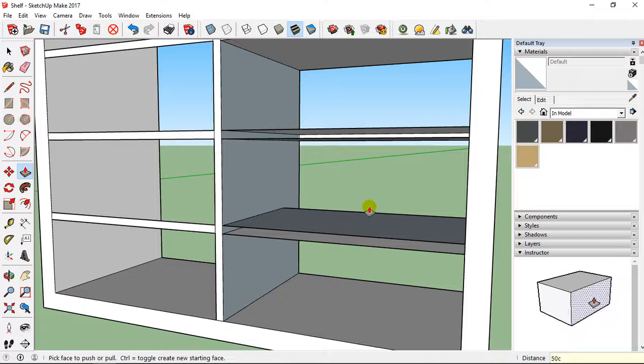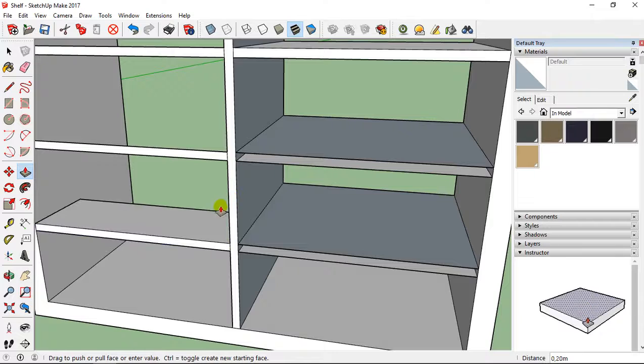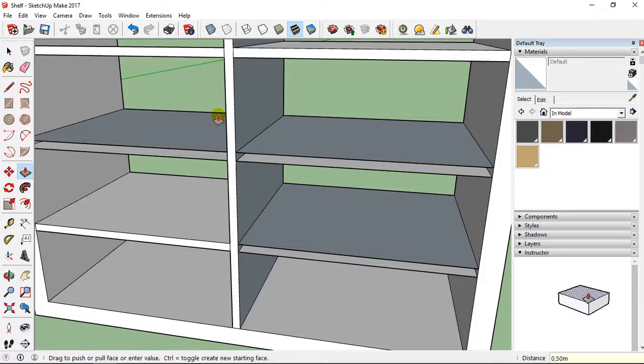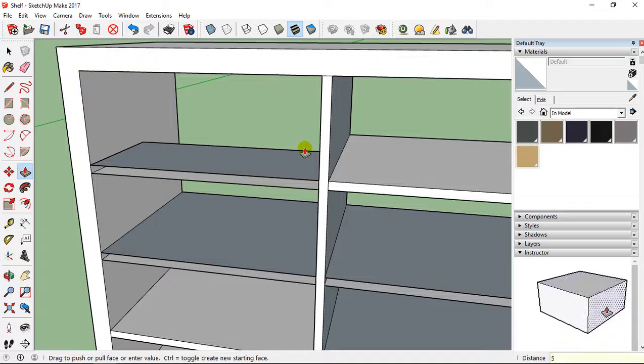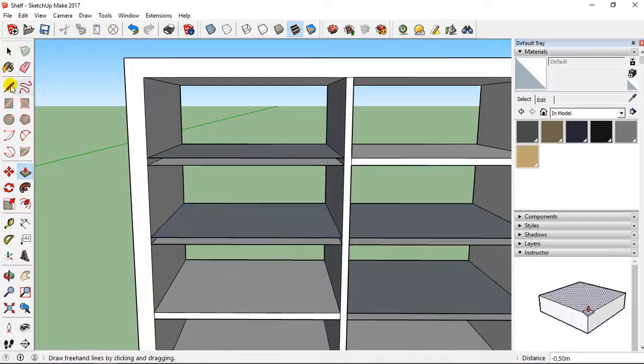Here 50 centimeters. Like that. And after I have just to close the path.